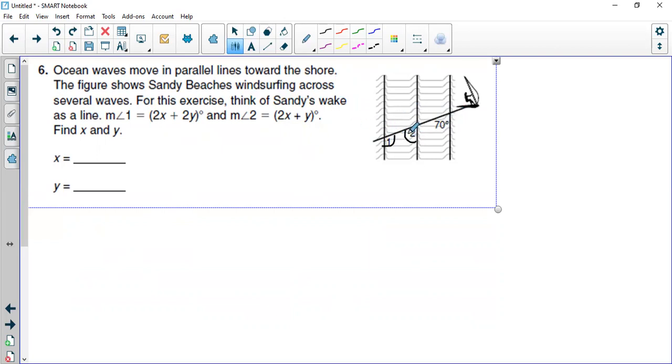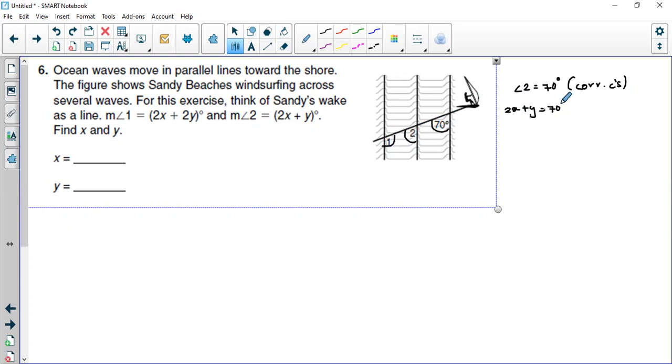You have to find the value of x and y, and they have given us this angle to be 70 degrees. So which angle can we relate to this? We can relate angle 2 and the 70 degree angle. So first let's write down angle 2 is equal to 70 degrees. That's because they are corresponding angles. Now first let me write an equation using this. So what's the measure of angle 2? Angle 2 is 2x plus y. So I'm going to replace angle 2 this way, okay? So this is 2x plus y equals